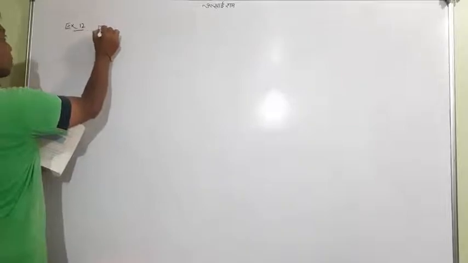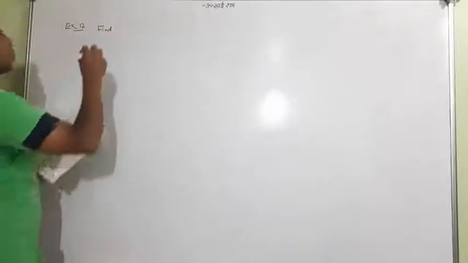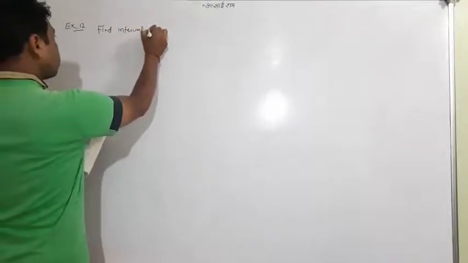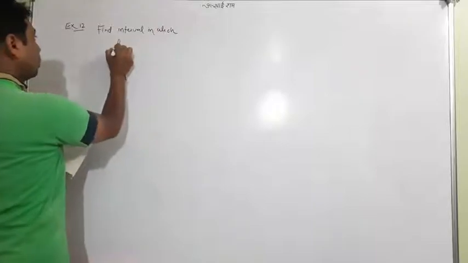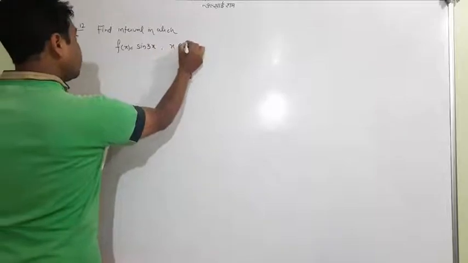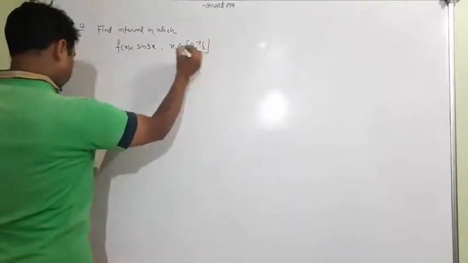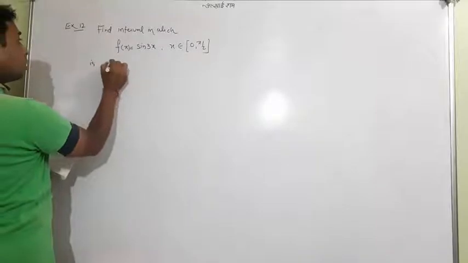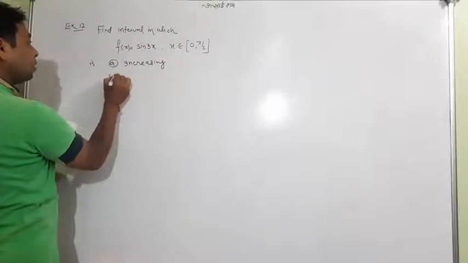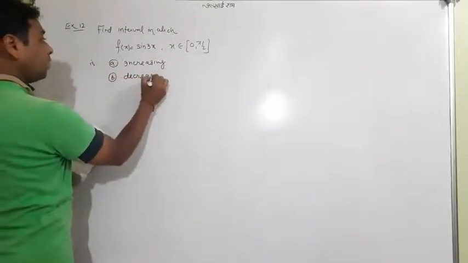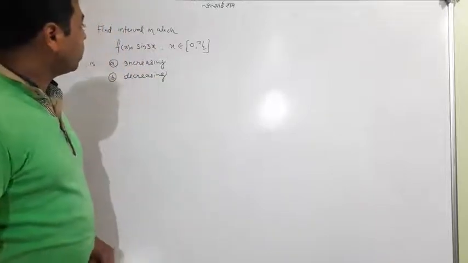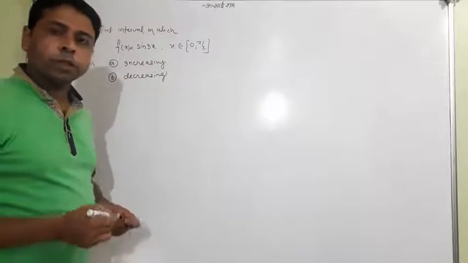The question says: find the interval in which the function sine 3x, where x belongs to 0 to pi by 2, is first increasing and second decreasing. This is the question. So before starting this question, I just want to pull your attention to two or three things